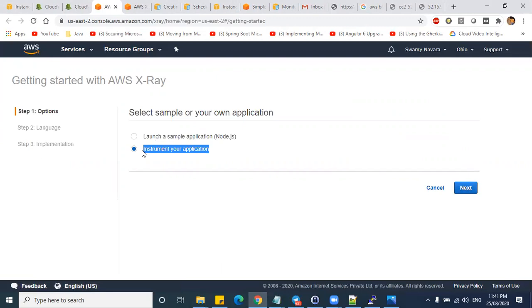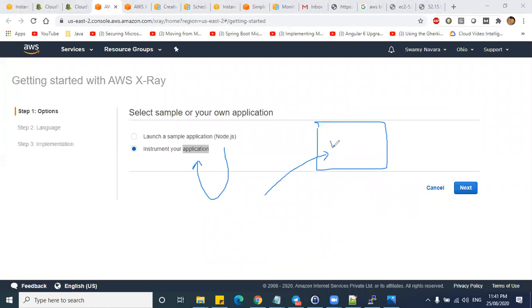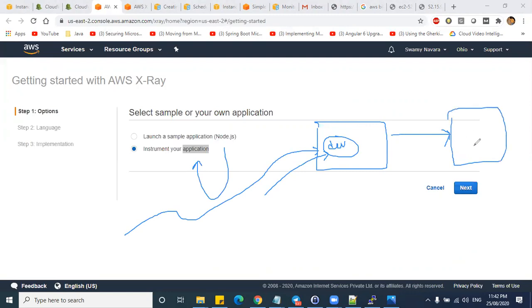So you instrument your application. What do you mean by instrument? It means you already have an application, and for that application you are adding an additional dependency. Instrumentation means you already have an application, and inside that application you are keeping your developer profile. Usually this will be done only up to the testing environment. In the deployment environment, if you really want to monitor the production metrics, only then will you deploy this part of the AWS build. Otherwise, after that you will remove it.